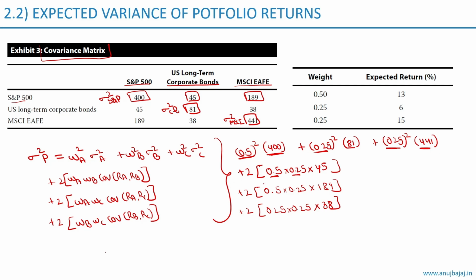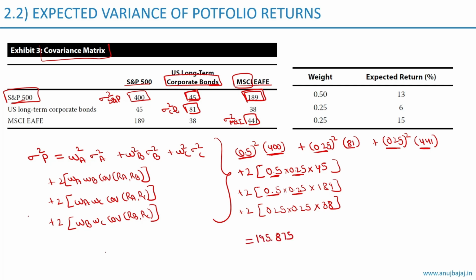Then we take 2 multiplied by the weight of S&P 500 and the weight of the corporate bond multiplied by the covariance between the corporate bond and the S&P 500. Then again we take the weight of S&P 500 and the weight of MSCI. Then we take the covariance between MSCI and S&P 500. So we get the variance to be